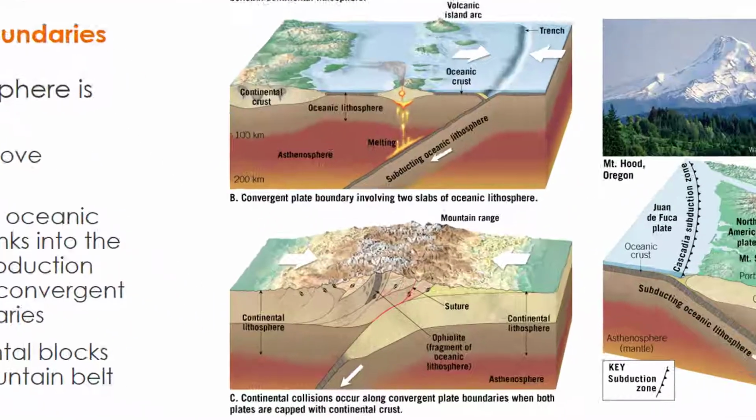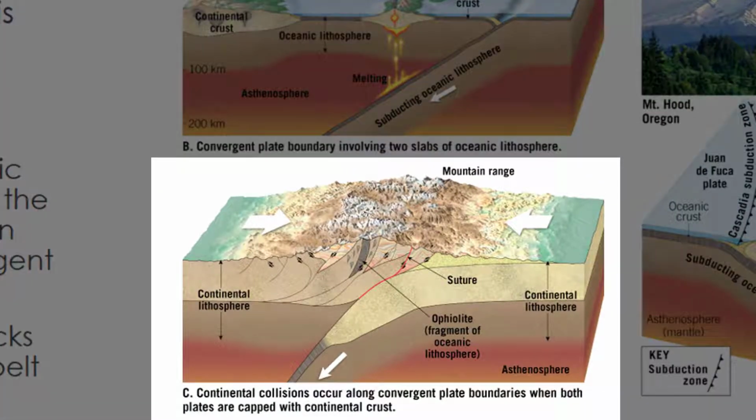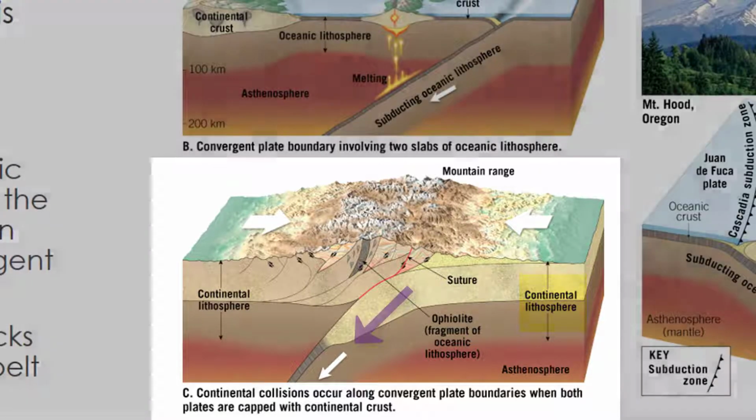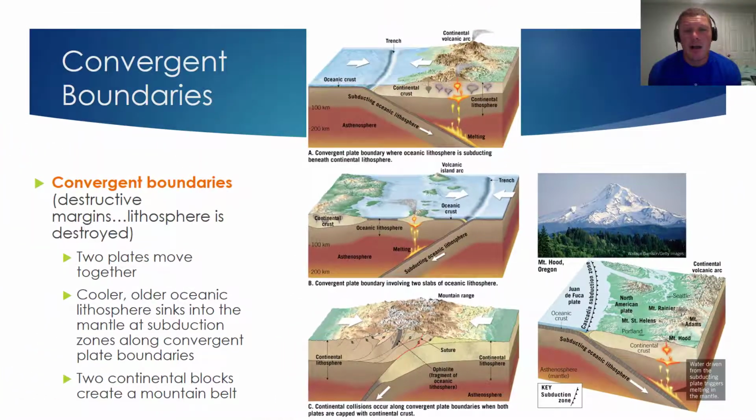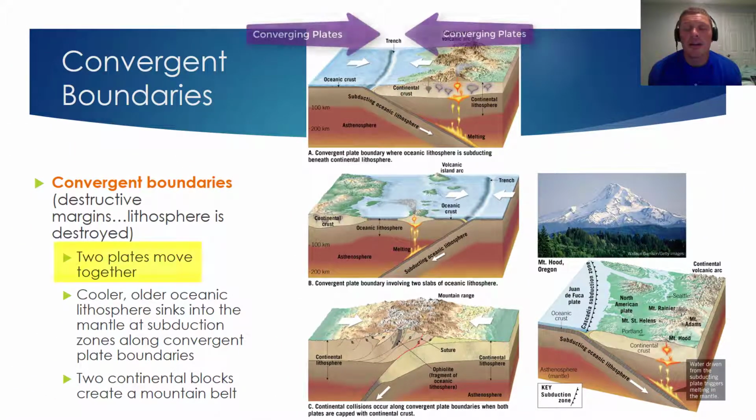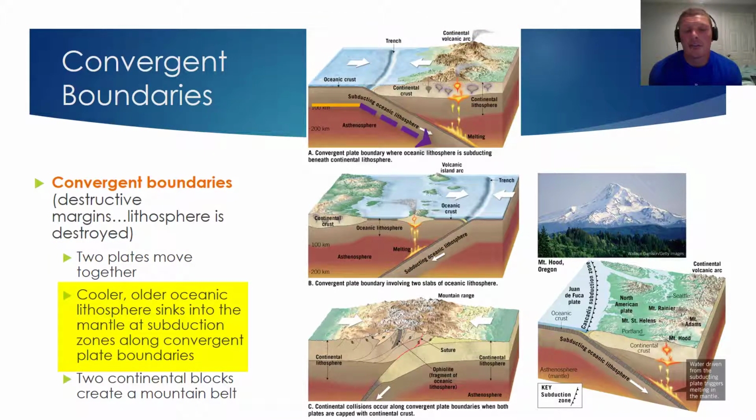If we focus on image C, we see the subduction of continental lithosphere underneath other continental lithosphere. And at this convergent plate boundary, we would see mountain building occurring. So a few key things to keep in mind. At convergent boundaries, two plates are moving together towards one another. In cases involving oceanic lithosphere, the cooler, older oceanic lithosphere will sink into the mantle at subduction zones along these convergent plate boundaries. And if we're dealing with two continental plates that are converging, we will see mountain building occurring